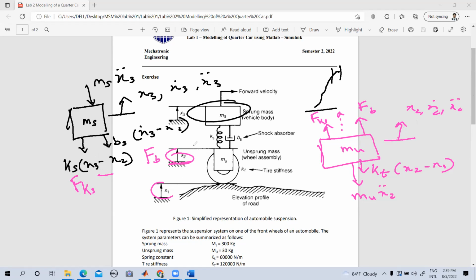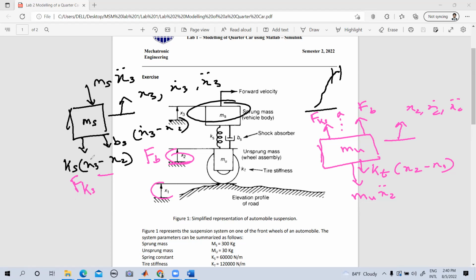So these are the free body diagrams. Now you simply have to apply F equals ma to this. If you apply it to this particular part, you will obtain